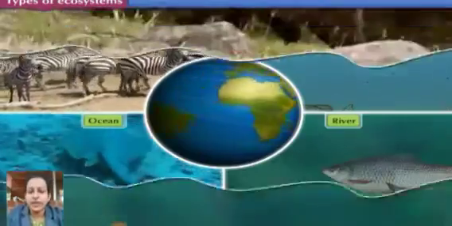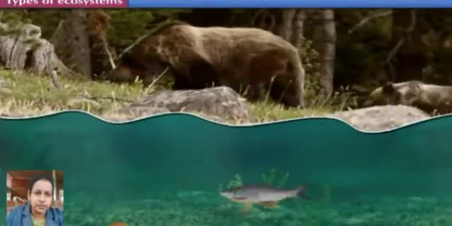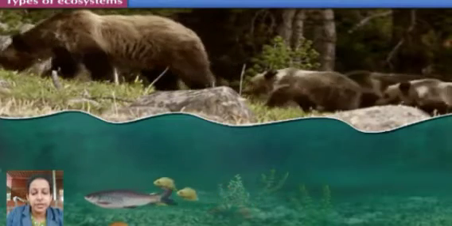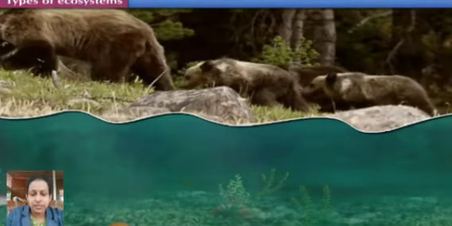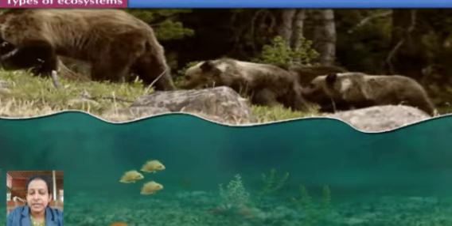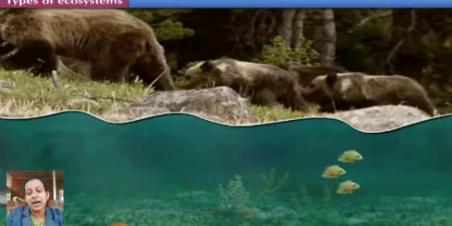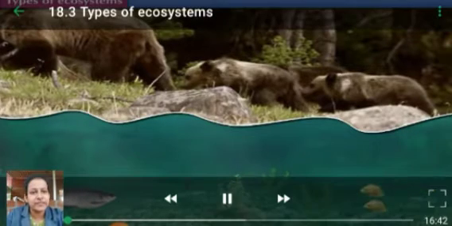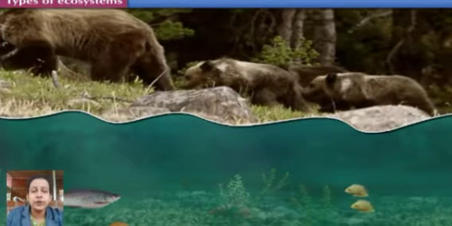Many types of ecosystems are found in the biosphere. So, their specific functions continue according to the environment. Though these ecosystems look independent and different, they are linked to each other directly or indirectly. Like for example, here there are two different types of ecosystems shown, but though they are looking completely different from each other or completely independent of each other, still somewhere or the other, each one of these components of the ecosystems are linked to each other.